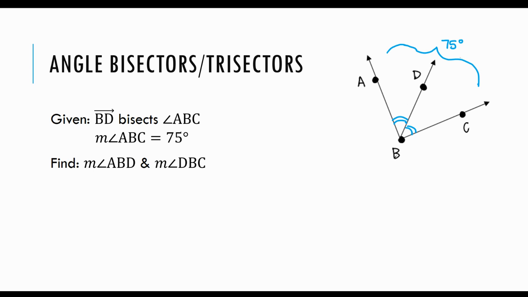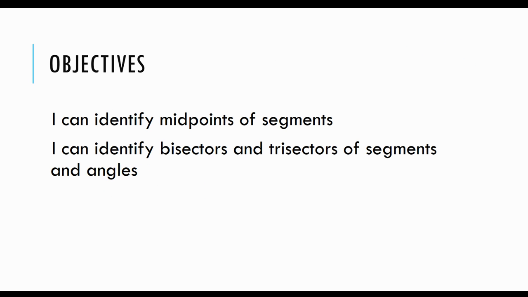So because I'm bisecting that big angle, I'm splitting it into two. So I'm going to take 75 degrees and I'm going to divide it by 2. And that's going to give me then the measure of the smaller angles. And they happen to be the two angles that we are looking for. So cut that in half. We have 37.5. We're talking angles, so we have degrees. So all I had to do in that problem was divide, and then I had my answers. So that's us identifying midpoints of segments, as well as identifying bisectors and trisectors of segments and